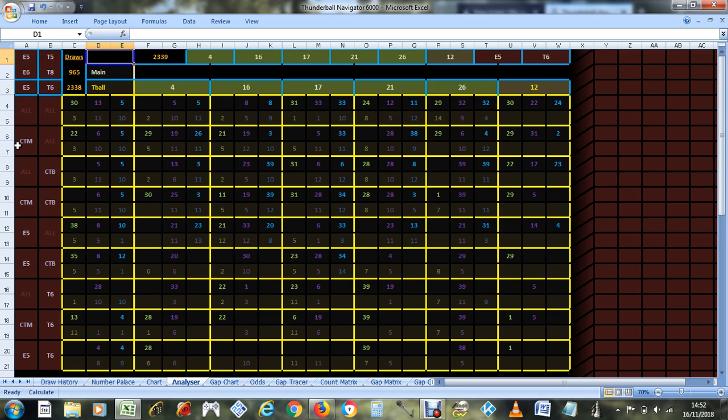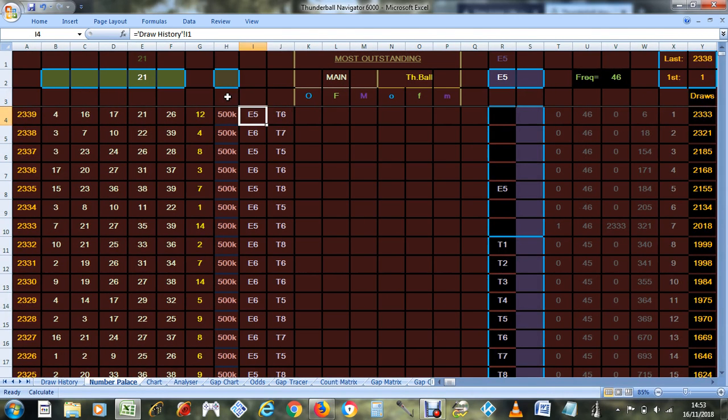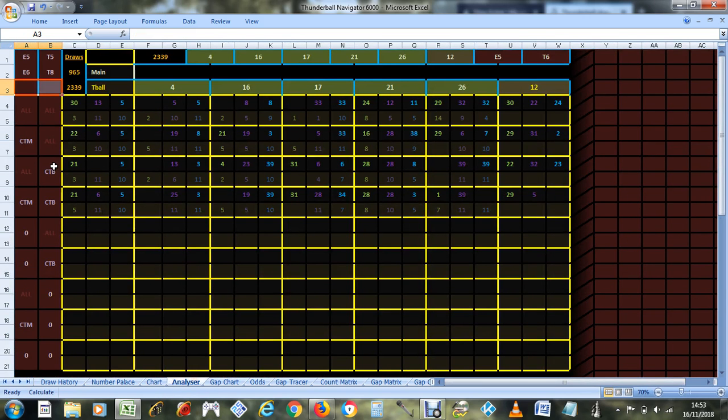So what I'm going to attempt to do now is exactly that, to predict some numbers for the next draw. So if we look at all the draws including the most recent draw, and we'll not pick a machine and set of balls for now, we'll just look at the current trend, assuming that this current trend is going to continue. The current trend is, looking at the most recent draw history, machines 5 and 6, sets of balls 5, 6, 7 and 8, that's the current trend. If it continues,